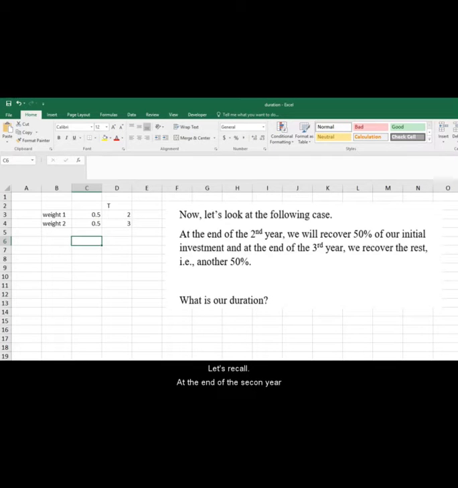So let's record. At the end of the 2nd year, we will recover 50%. At the end of the 3rd year, we will recover another 50%. What is the duration of this investment? So actually, it is 2.5. It is, so duration equals